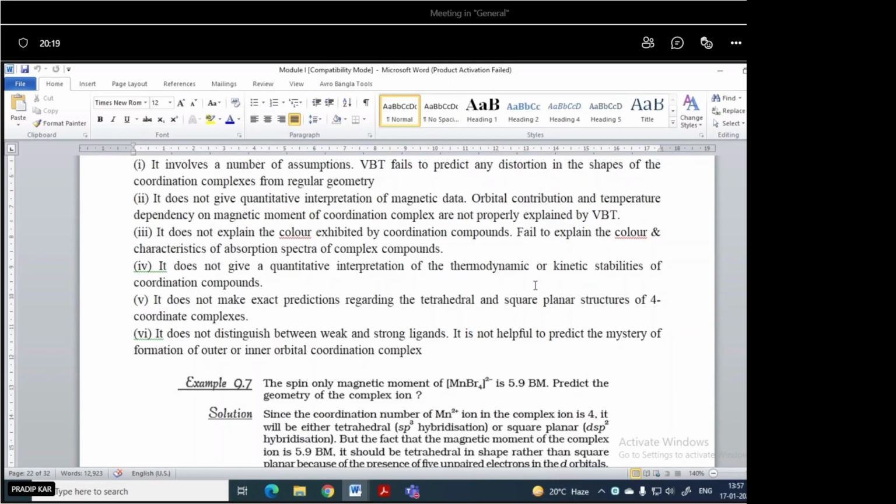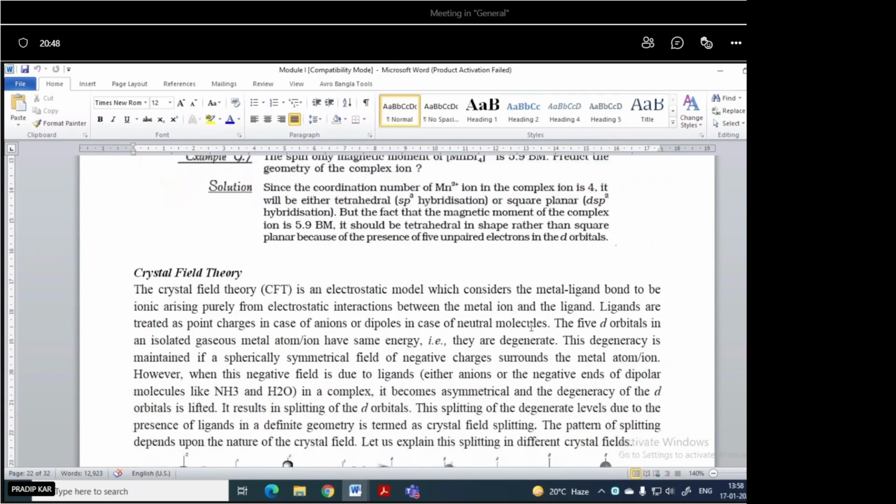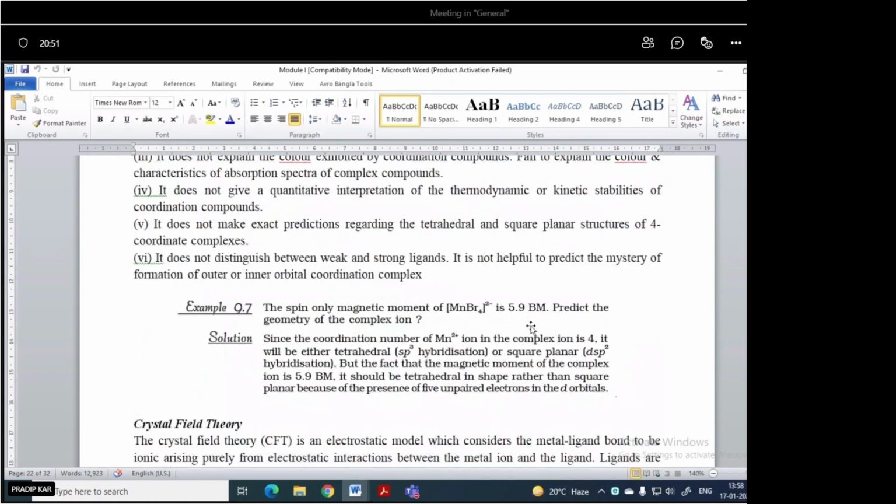And also, what is the basis to explain weak field and strong field ligands? Why are we saying that it is weak field or strong field? Only depending on the electronegativity. So we must explain it correctly by considering valence bond theory, especially ligand field theory. Okay, so now we will explain it with the help of crystal field theory and ligand field theory.